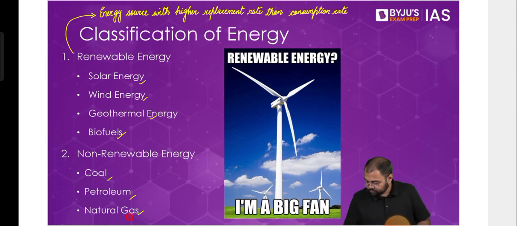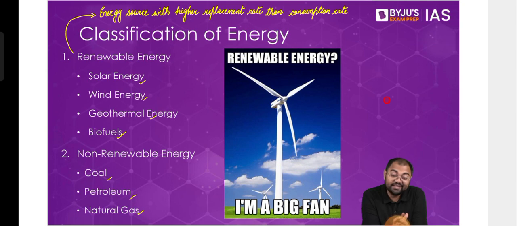So what we are saying is that coal, petroleum, and natural gas have taken a lot of time to form, and for us to exhaust them, we have taken hardly any time. If I ask you, how much time does it take for the formation of coal to happen? Any idea? Some of you have very small estimates. It takes more than 300 million years, right? So not 500 or 1000, 300 million years.